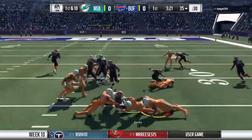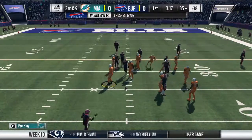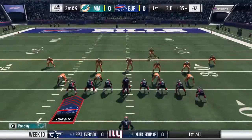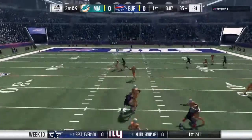On the ground, it's Gallman again. Nothing doing. Barely able to muster a yard to hit the 35. We haven't seen much from him running the football here in this first quarter. No, you're right about that. We haven't seen much of him at all so far. They've stacked him up pretty well, but when you're trying to run the football, sometimes you got to put...